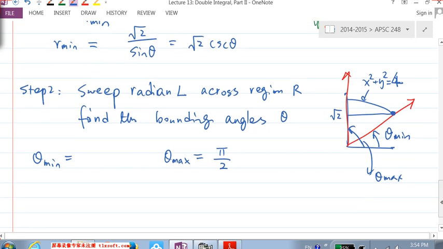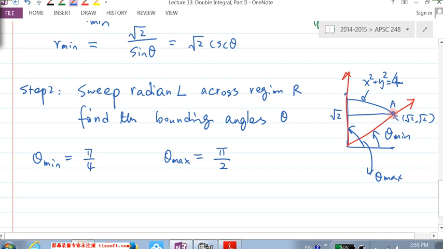What are the coordinates here? Root 2, yes. So if it's root 2, that means theta min must be pi over 4. Is that clear? No? Well,